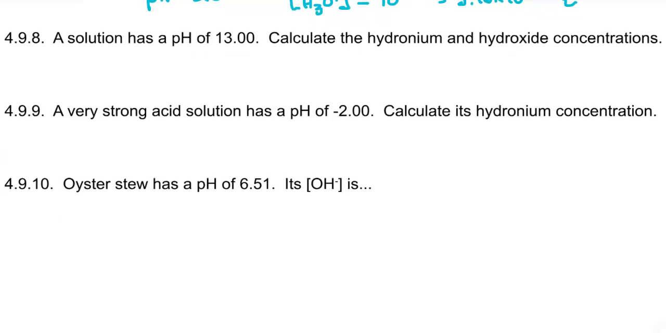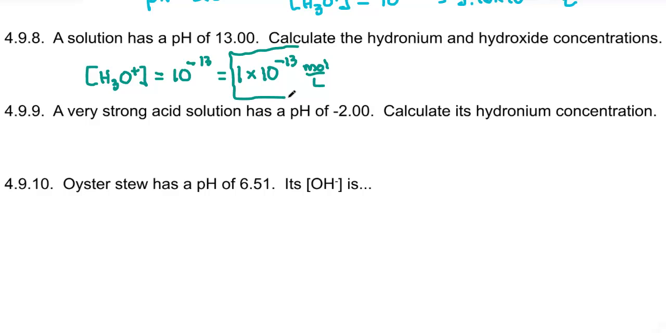What else do they have for us? pH of 13, calculate hydronium and hydroxide. Well, hydronium's easy enough. H3O is 10 to the minus pH, so 10 to the minus 13. If you put that in the calculator, it's going to pretty much echo it back to you. It'll say 1 times 10 to the minus 13, and that's moles per liter. In other words, 10 to the minus 13 is already scientific, other than it should have a 1 in front